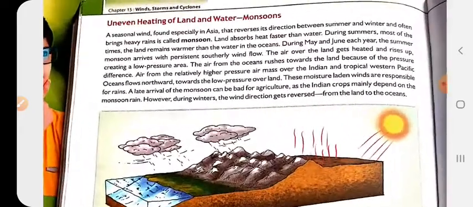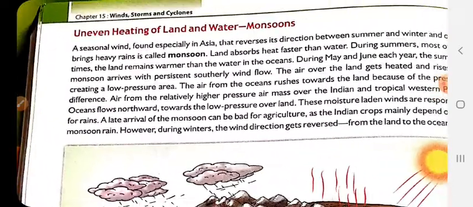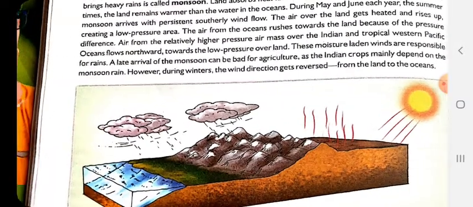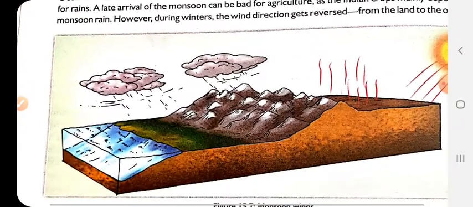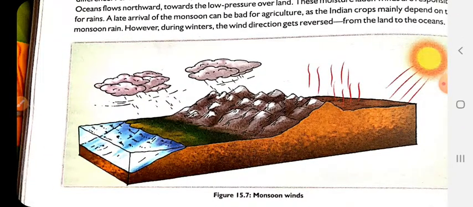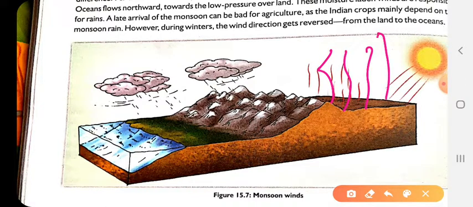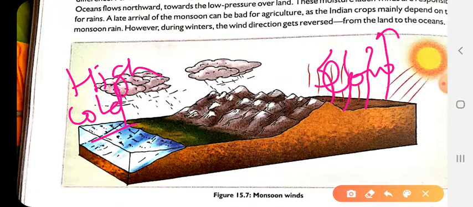Next comes what causes monsoons. We know that in India the heaviest rainfall comes due to the monsoons. So what is the reason behind that, beta? Let us try to understand it. Let us take an example of summers first. In summers, we know that land heats up quickly, and this causes a low pressure region over the land. But oceans do not get heated up as easily, so as compared to land they are cold, and there is higher pressure over them, whereas low pressure is created by the warm air which rises up above the land. Okay?